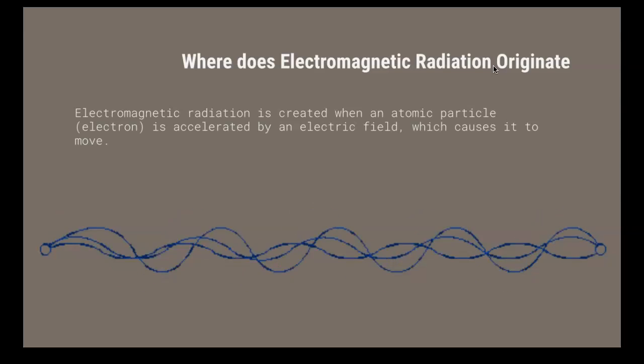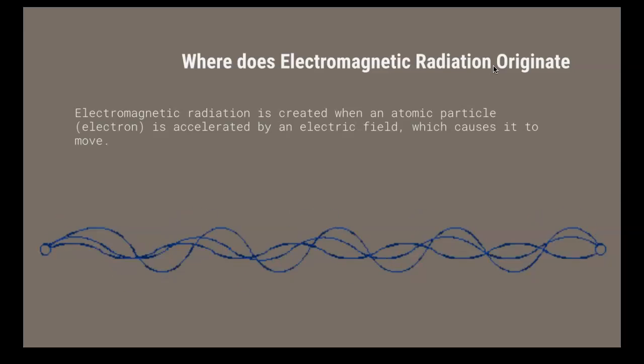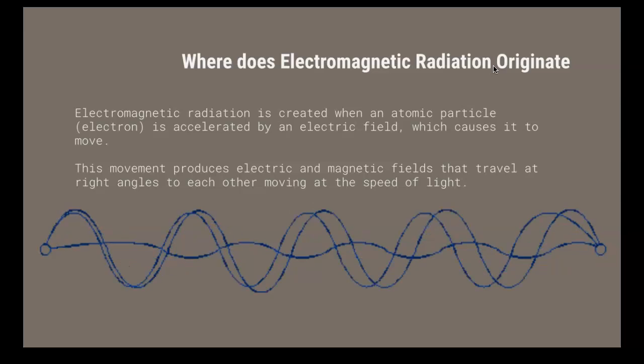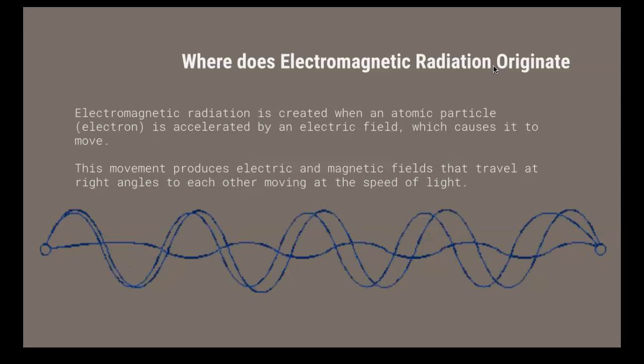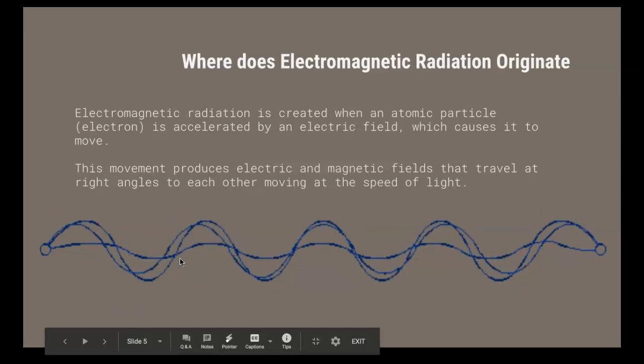It's kind of a similar idea, except this time we're disturbing atomic particles, usually electrons, maybe they're being moved or accelerated by some sort of field, like an electric field. What happens is it produces an electric and a magnetic field that travels away from that disturbance. These different fields are moving at right angles to each other, and they're moving at the speed of light. So if we're looking at this picture, we would have one of the fields going up and down, the other field moving in and out of the page, which is kind of hard to see